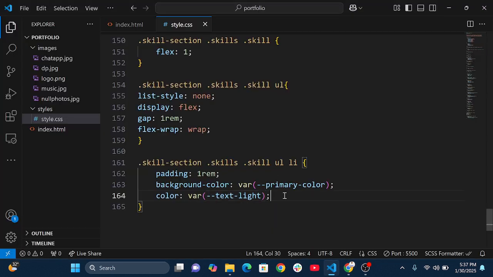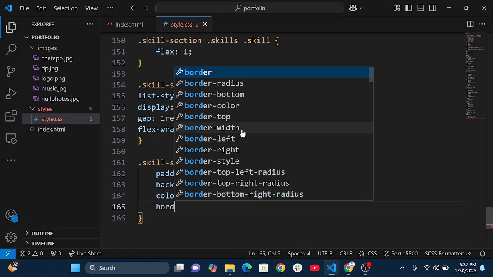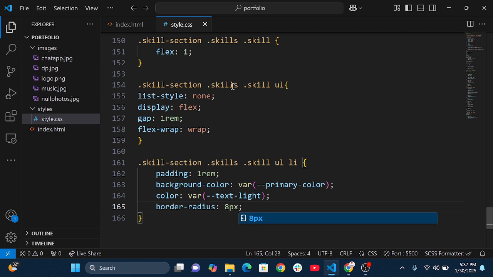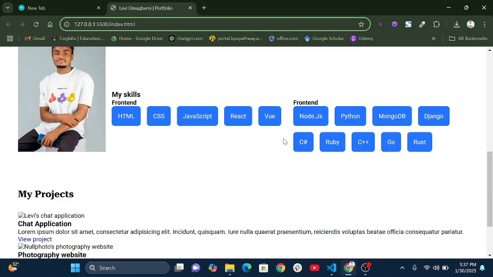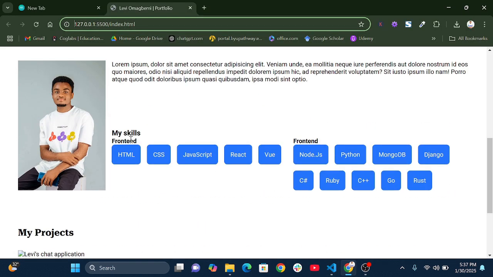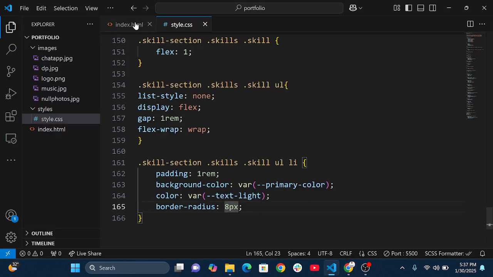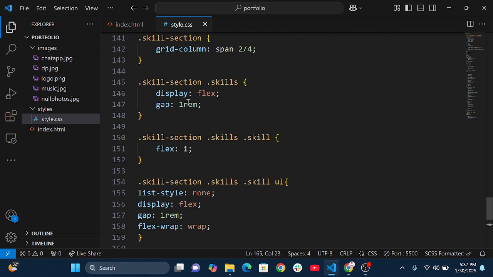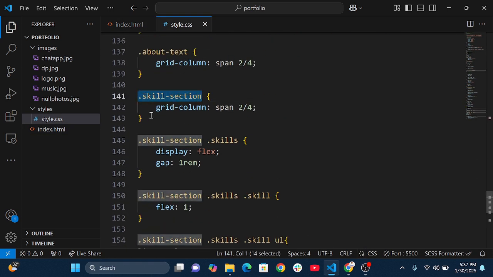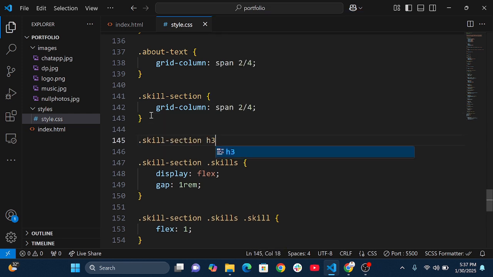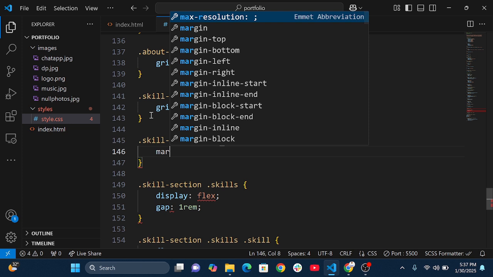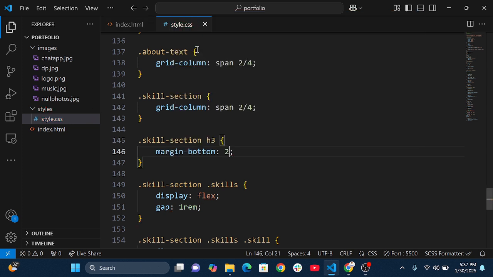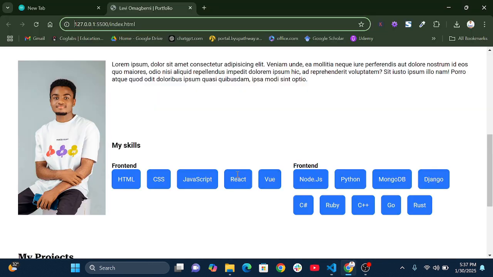I also want a border radius. I'm going to say border radius 8 pixel. Yeah, so it's looking so nice. Then we need to add some margin. So if I look at my skill section, I'm going to say skill section, and I want to target the H3, right? Margin bottom, I'm going to say 2 rem. It's going to push it down,